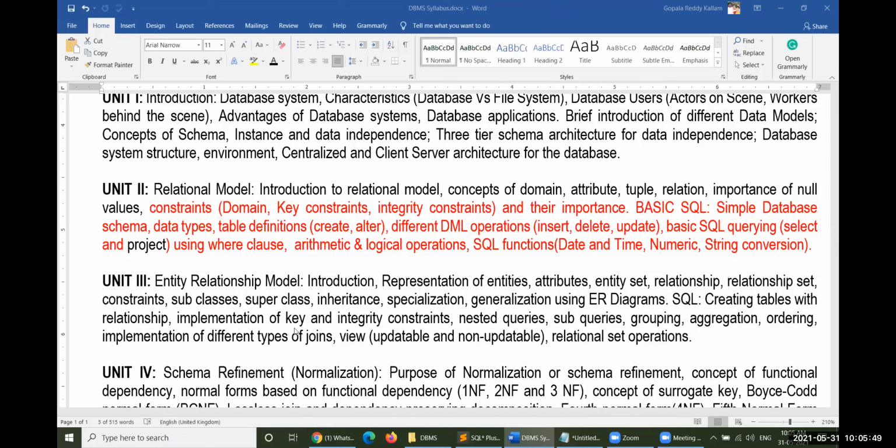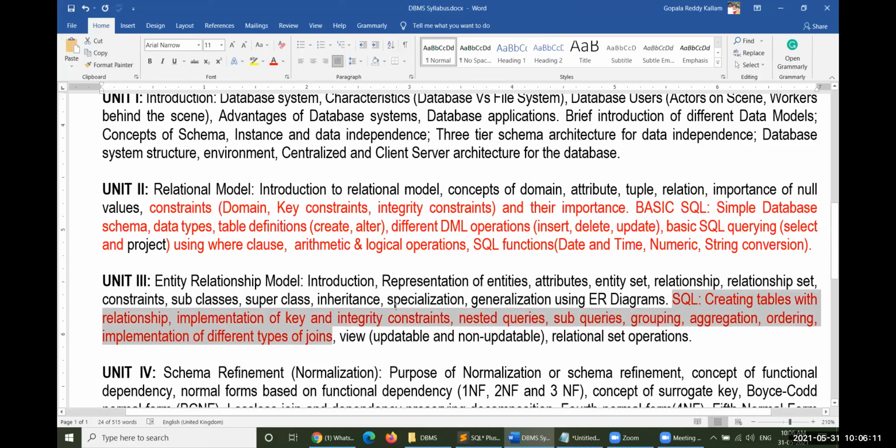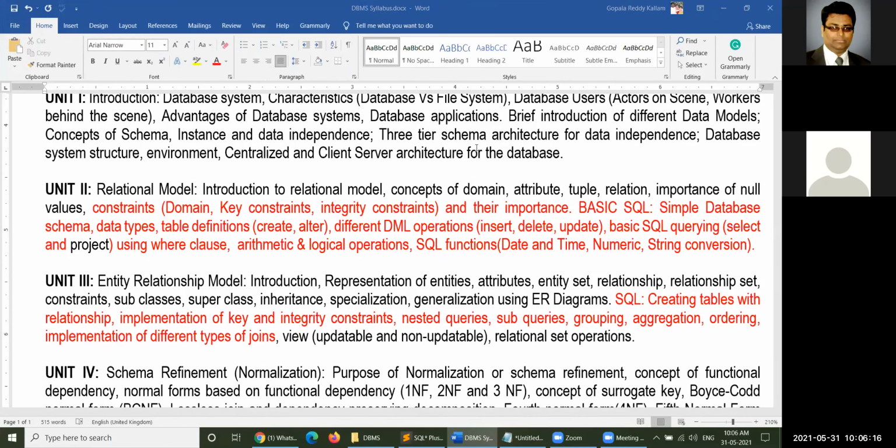All these things are available here: creating tables with relationships, implementing key integrity constraints, nested queries, subqueries, group by and aggregate, order by, and implementation of different joins. Up to this point we have completed in the previous classes.